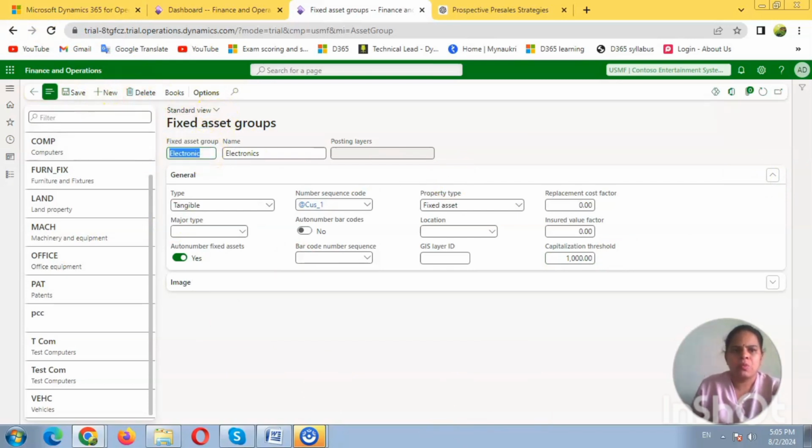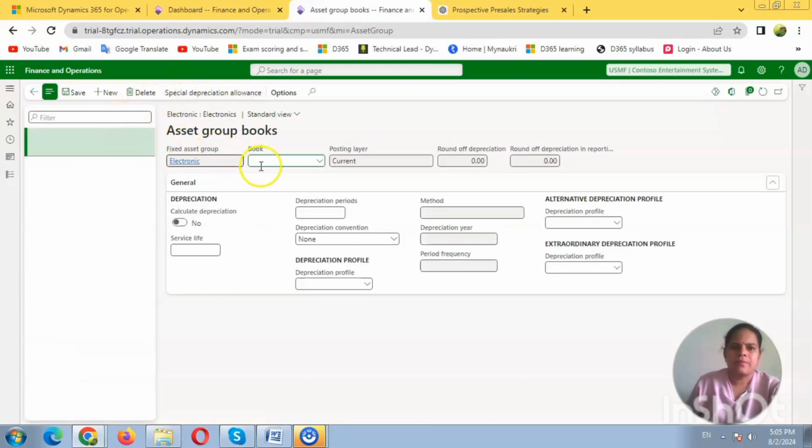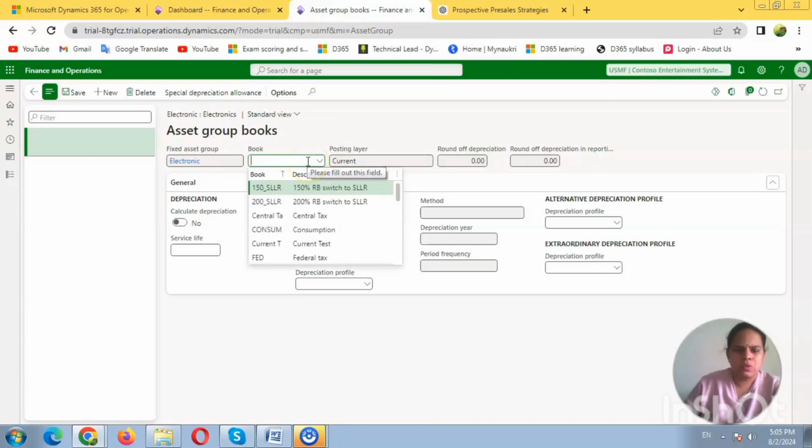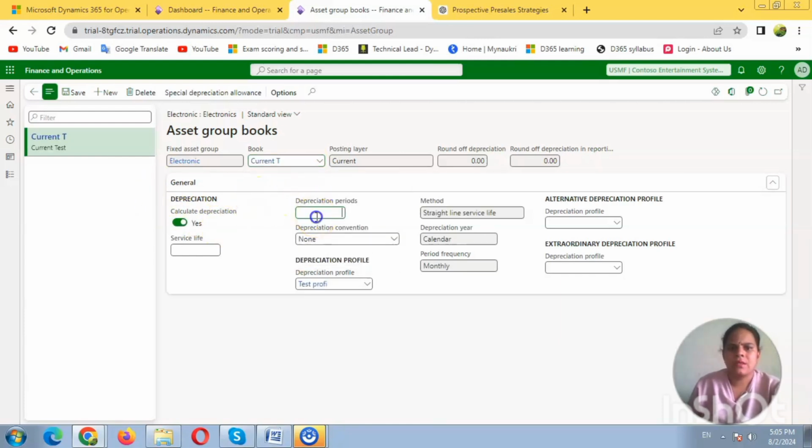We have given the group name as electronics, tangible assets, and the number sequence. And if you want to tag books at this stage, for a particular group of assets, here we can tag books. We can tag whichever book you want to have. I just want to tag my current test. Yes, add depreciation periods. I'm tagging this here, but again these books will represent each individual asset,